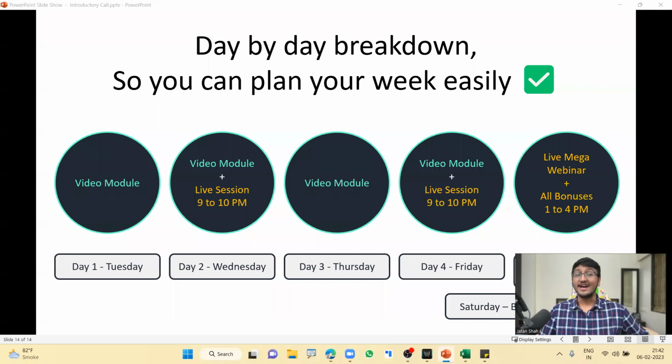All right. For classes, do we need a laptop, or can we learn from a mobile phone? So you can learn from a mobile phone, but to build a dashboard, you require a laptop. You can use any laptop, MacBook, Windows, anything, but you require a laptop to make a dashboard. There is no software in the entire world which can help you build a dashboard from a mobile phone because mobiles are not that powerful. So a laptop is required, but you can learn from the video modules whenever you want, even from your mobile phone. All right. Perfect. Any pre-installation required? No, absolutely not.